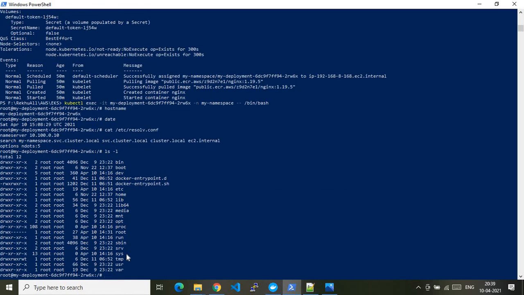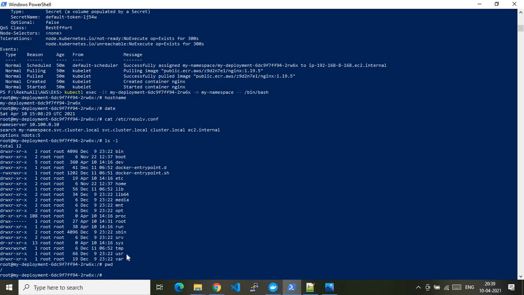There are so many files inside that pod. Let me check the present working directory. I'm currently in the root. There are multiple folders you can explore yourself. A pod is a tiny server, to put it in layman's terms.